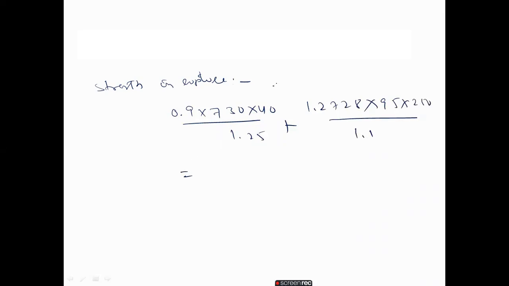This formula is available; we discussed it in yesterday's class. Even the code book has the specifications, so please refer to that. The result is 490305 newtons. This is a lengthy problem, but we have discussed it so many times that I'm writing directly. So now calculate the block shear.